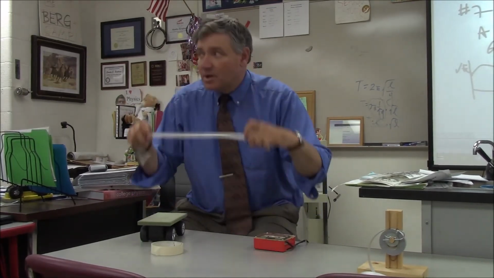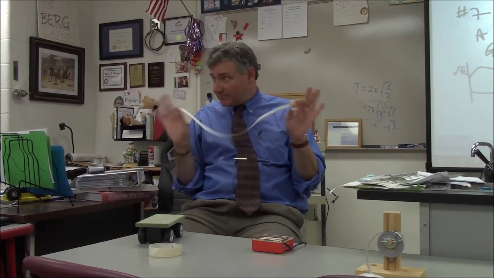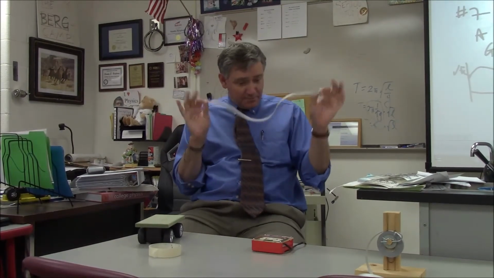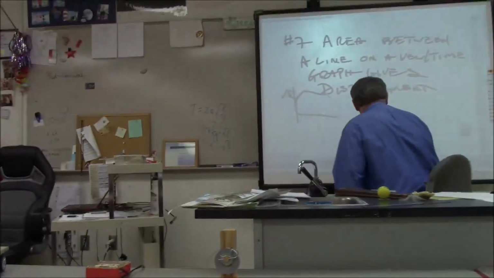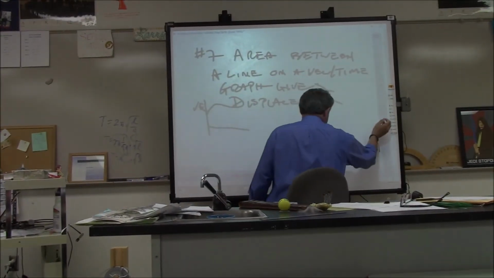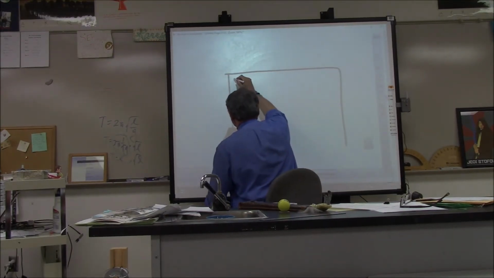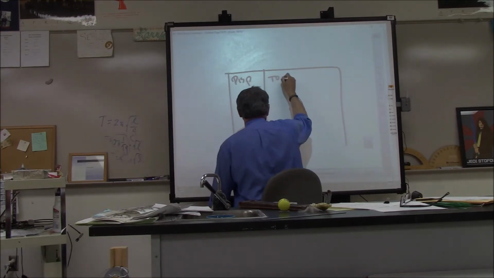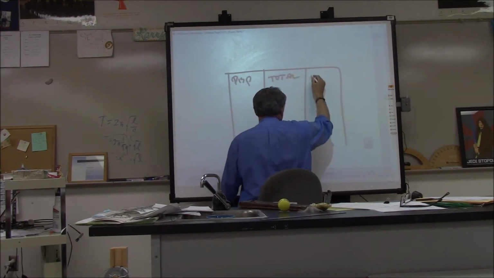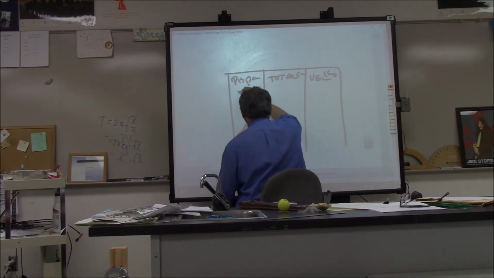Okay, so you just need one tape per group. Okay, that's all. Don't generate a tape for everybody. You're just going to generate one tape per group. Now, let's talk about what you're going to do with that information. So, on your lab, here's your data table, and this is displacement, and then the total displacement, and then velocity. Okay, now I've already given you the units, centimeters per interval, centimeters.